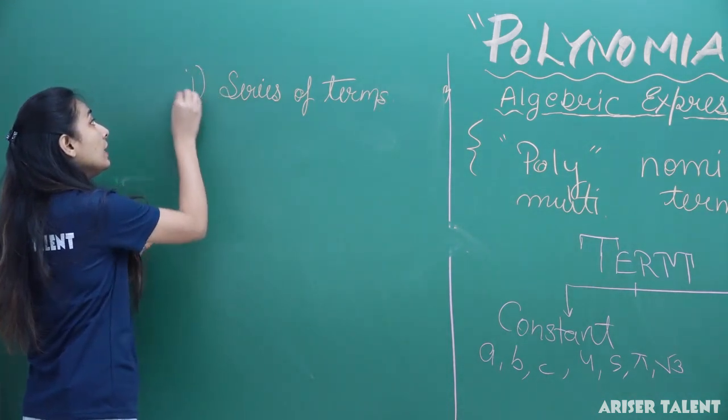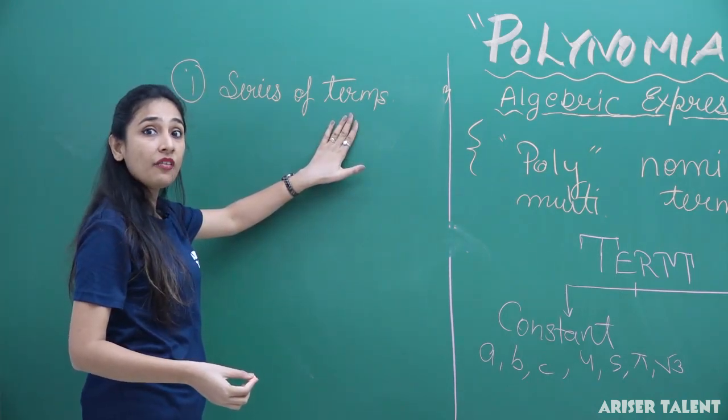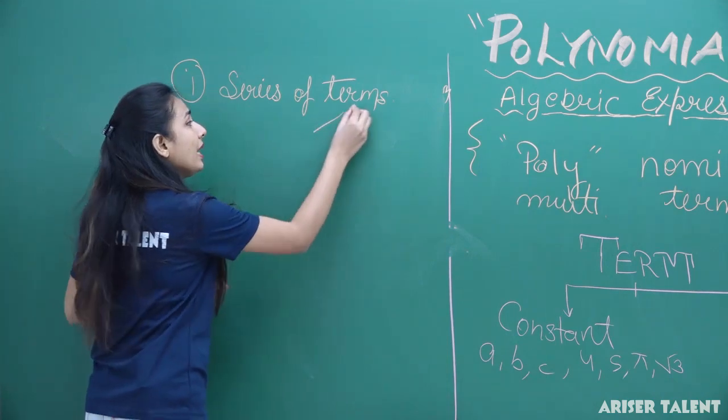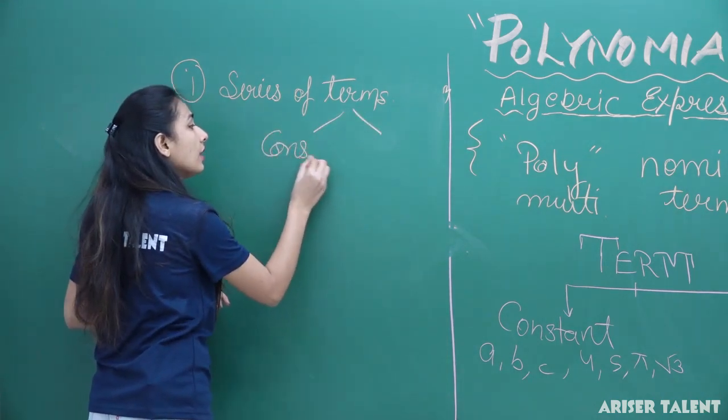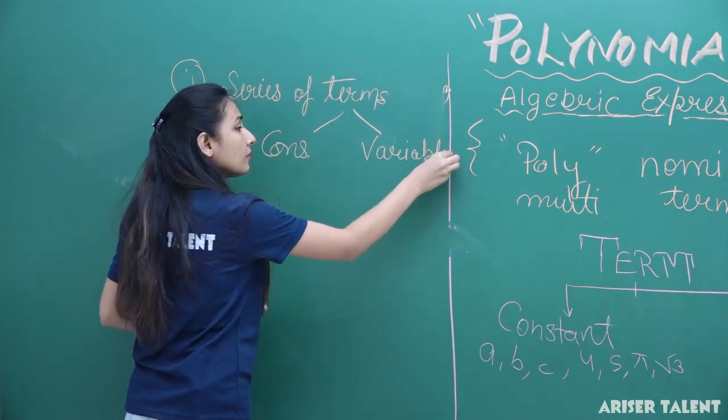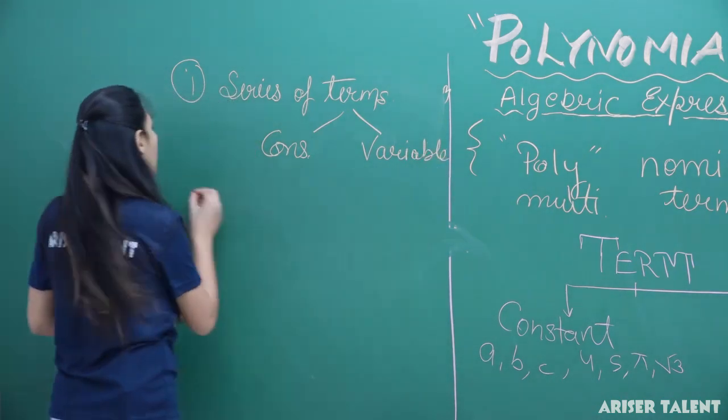Now a term will be having a constant and a variable part. Understood? Now the second thing,